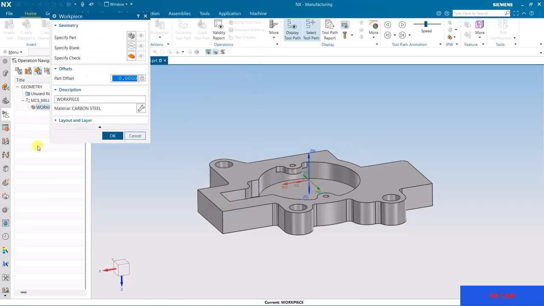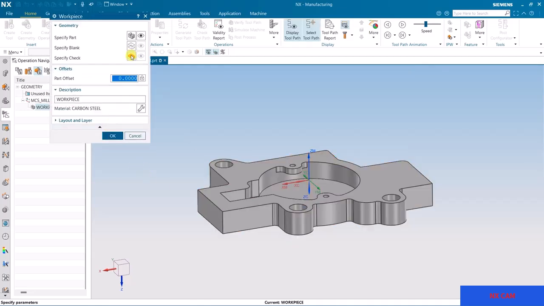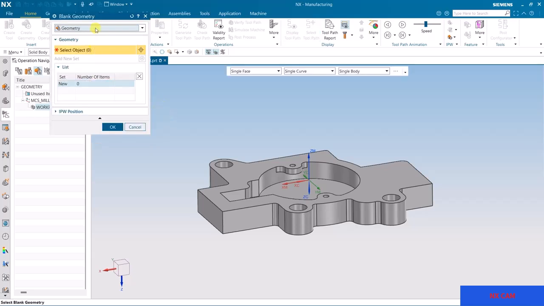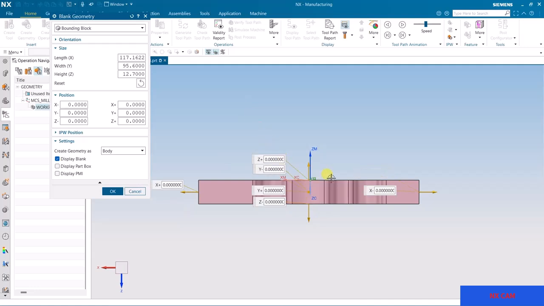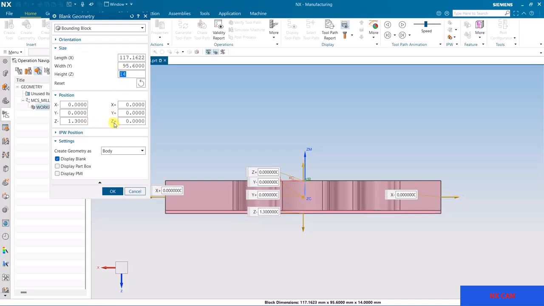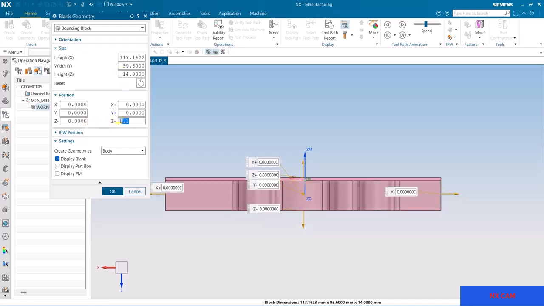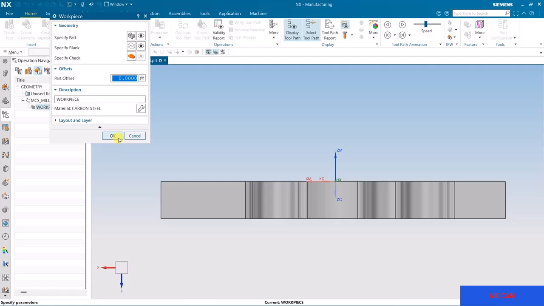Here in workpiece, double click over this workpiece, and my part is this one. Select this part, and blank is this bounding block, and I'm going to use facing operations. So I'm adding some value, 1.3 on top. So I'm going to cut this 1.3 mm on this top,